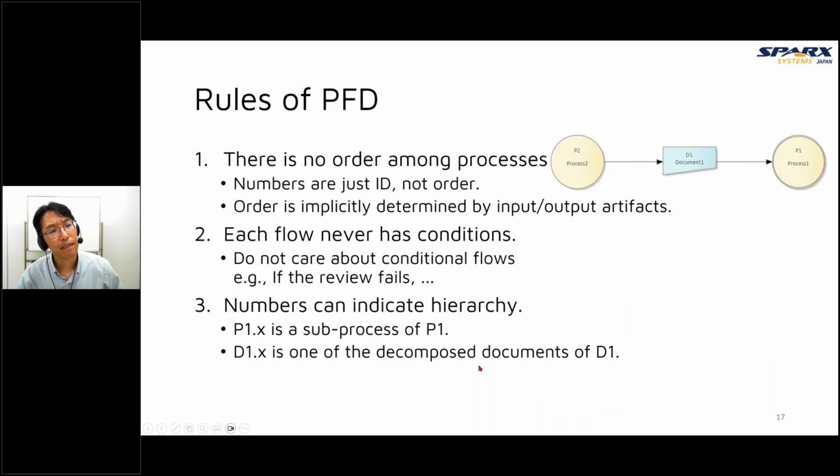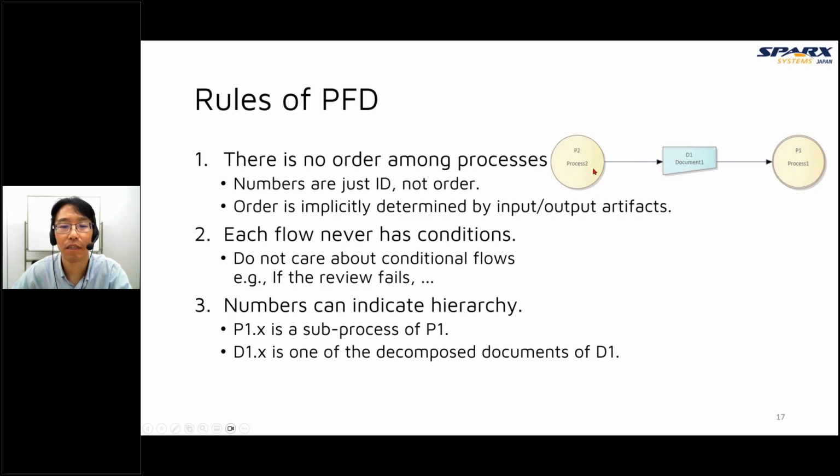And there are some rules about the process flow diagram. Today I'll show you 3 important rules. Number 1 is that there is no order among processes. In this case, process 2 has the number P2 and process 1 has the number P1, but the numbers are just IDs, not order.